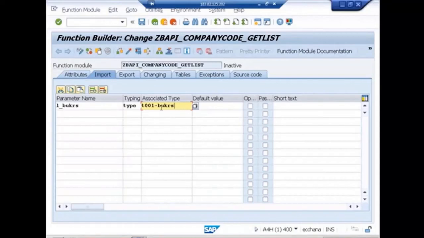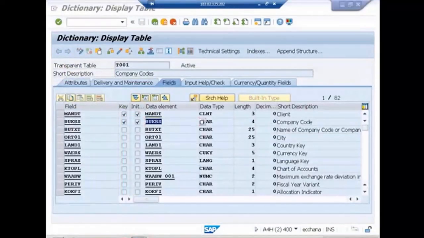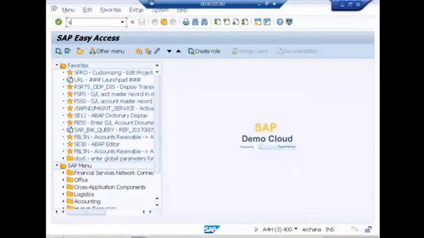And this reference should be either a structure or a structure field. Either structure or structure field. So let me create a structure. What is the data element of this? BUKRS. Done. So just observe here. I'll go to